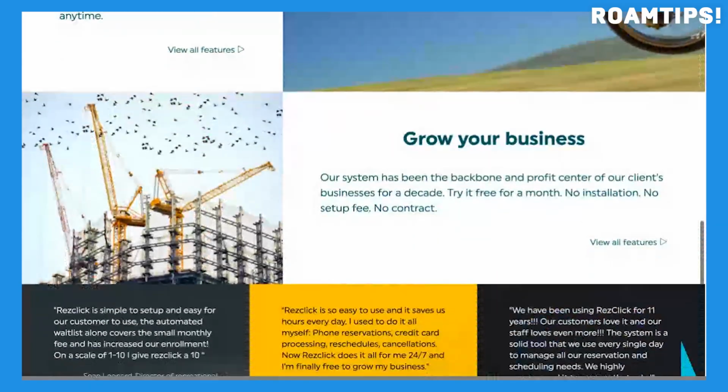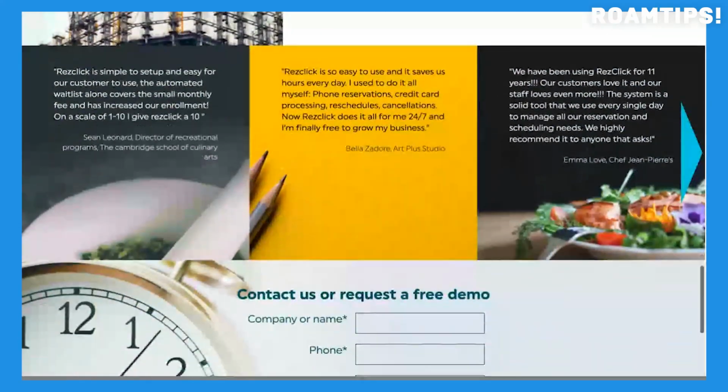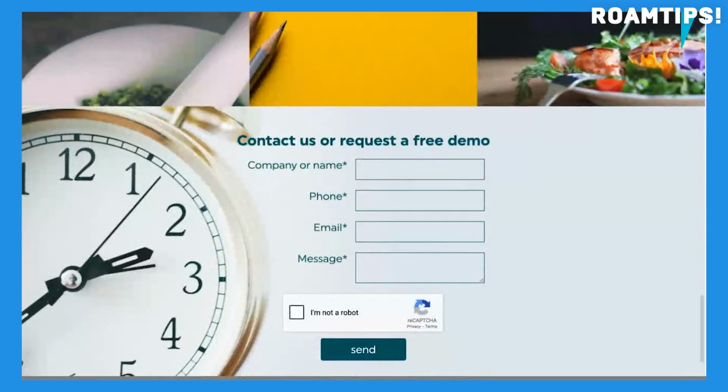Today, we're taking a look at RezClick, a booking management software designed specifically for tour and activity operators. Located at www.rezclick.com. This platform offers a comprehensive suite of tools to streamline your booking process, manage your resources, and ultimately grow your business. From online booking and scheduling to point-of-sale functionality and reporting, RezClick aims to be a one-stop solution for